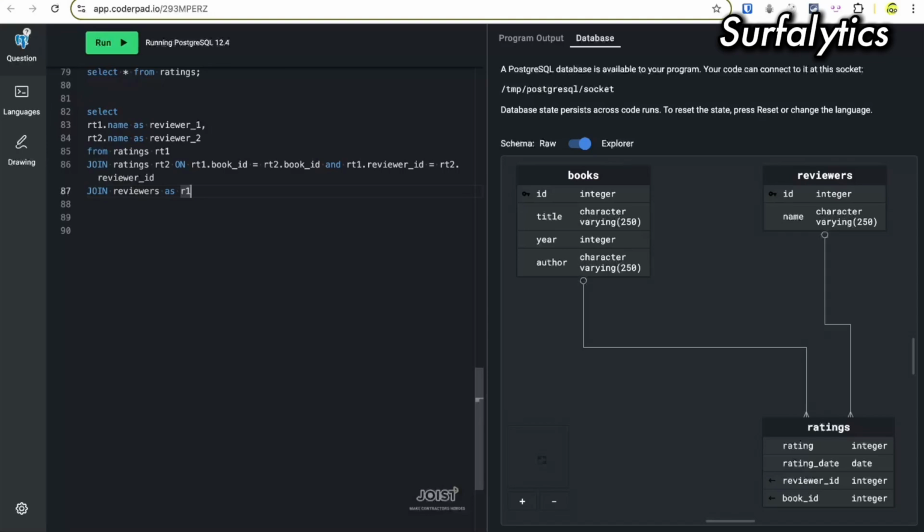So I need to add the reviewers table and get the names here, name 1 and 2, and I need to add reviewer ID and I think ID. Let me think.